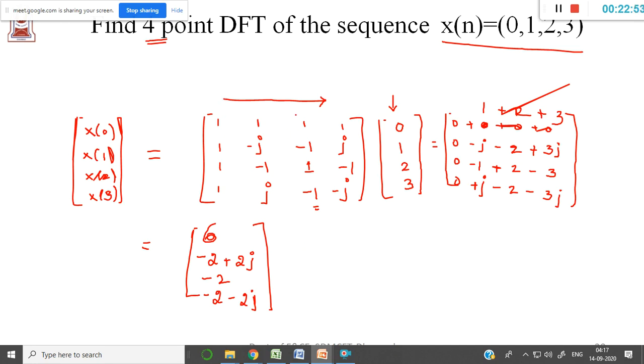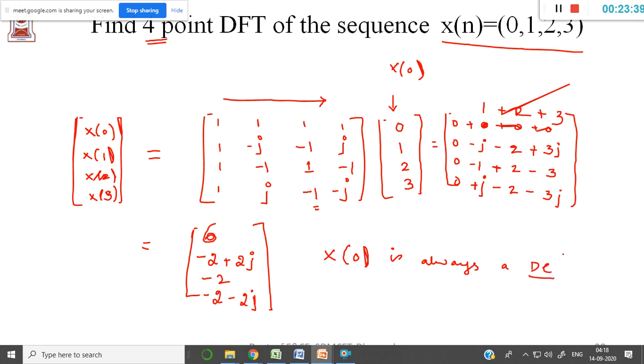Only thing, in the first step I took a wrong step here. This into this, where I thought here it is 0, so I entirely wrote all the sequence as 0. I'm sorry for that, but it is 1 into 0 is 0, 1 into 1 is 1, 1 into 2 is 2, 1 into 3 is 3. And remember, guys, one hint I will tell you. The two important points that you should note down here: whenever you calculate the sequence of X of k, the X of 0, that capital X of 0, is always